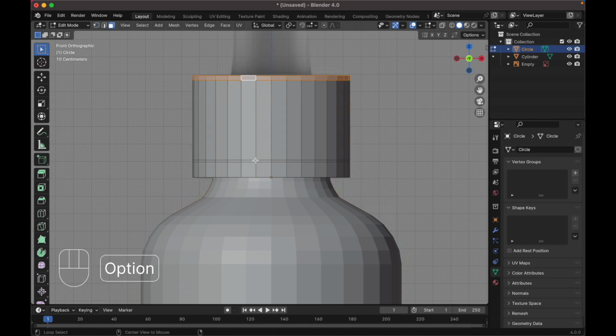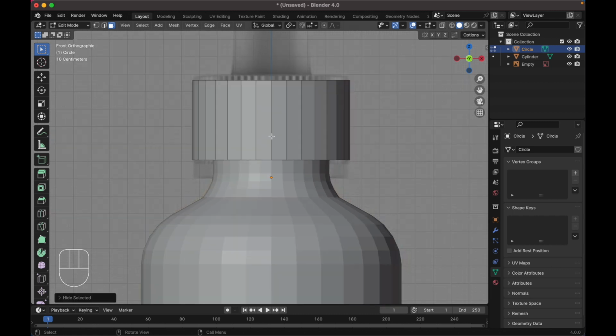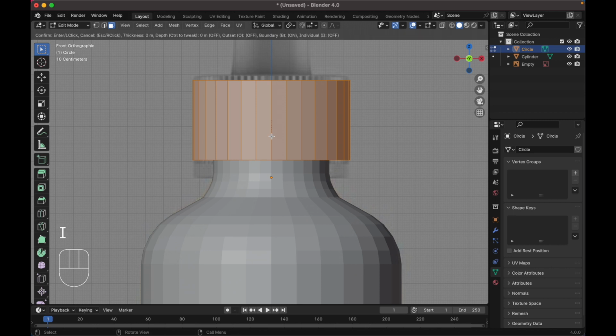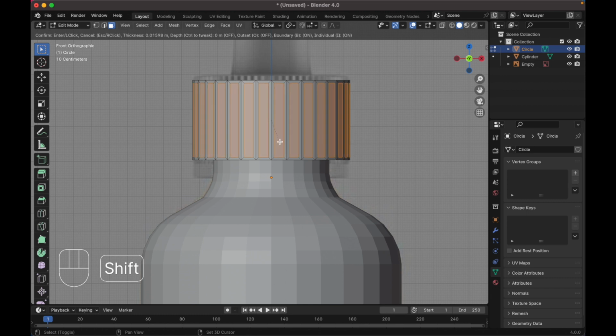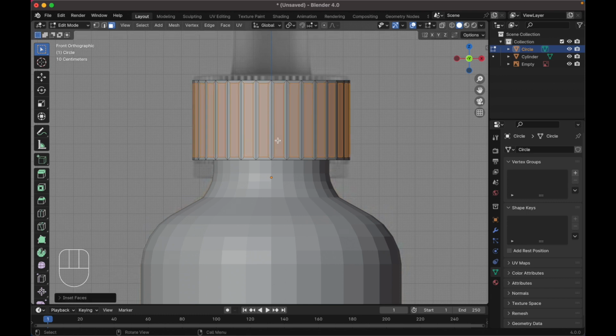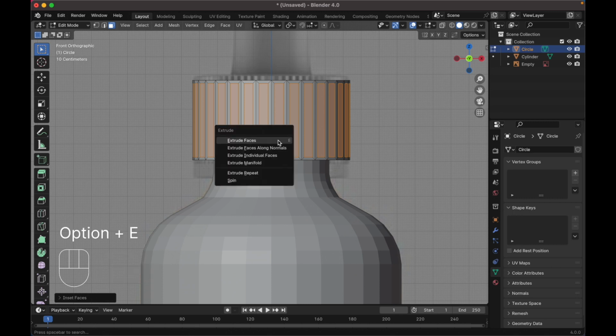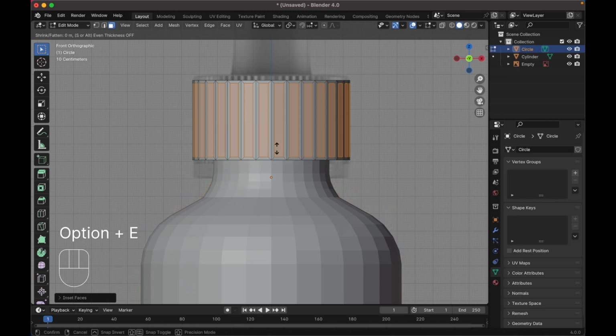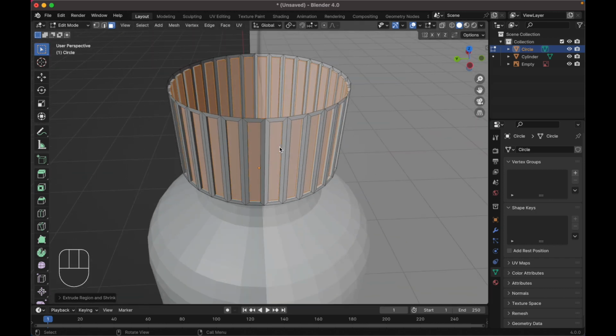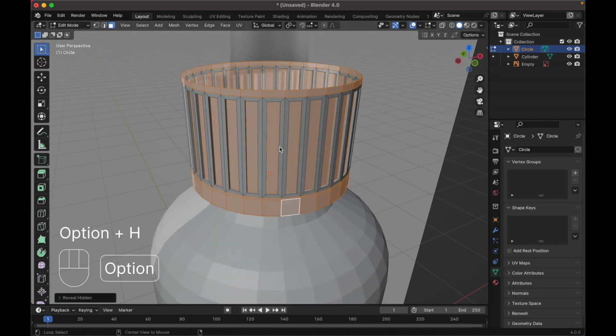Select this, and this, press H to hide, press A to select all, and I, double I, to scale it down like this. Here, press Alt E, extrude along normal, and move it inside, just a little bit like this. Okay, now press Alt H to bring back,